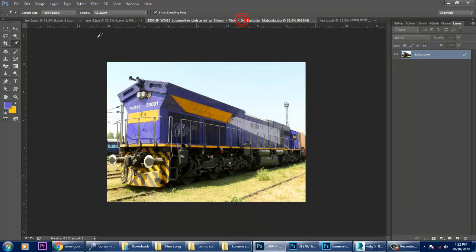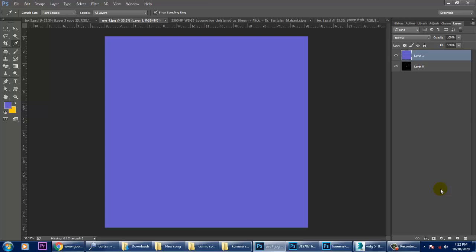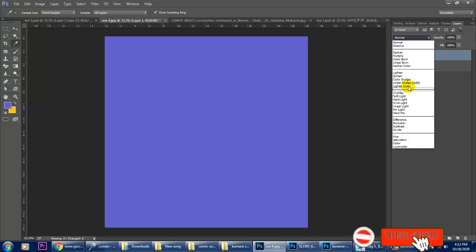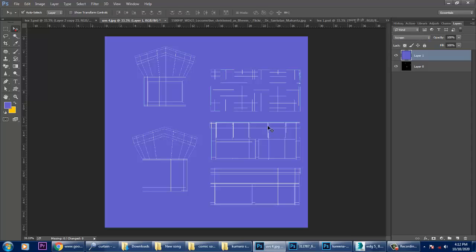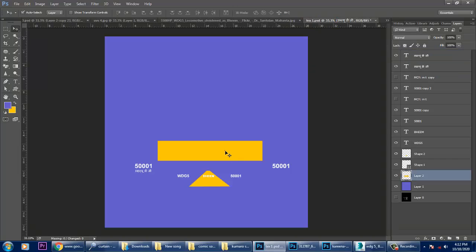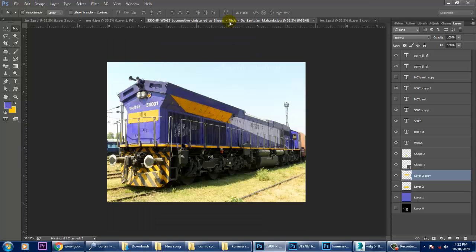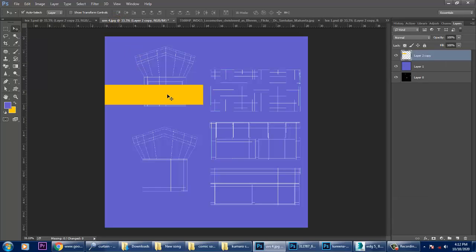Let's go into this and fill the color, and let's give a screen mode over here. After that, let's open this over here. We will just take this directly, we'll take it over here, not here but here, over here, Control T,